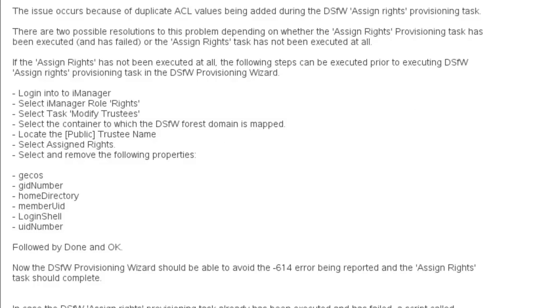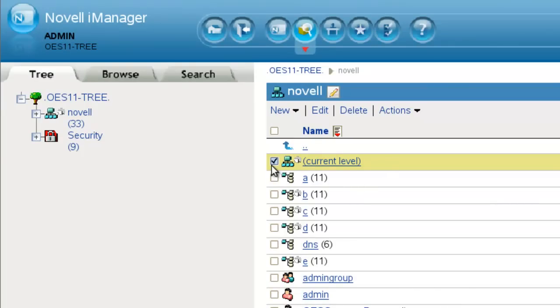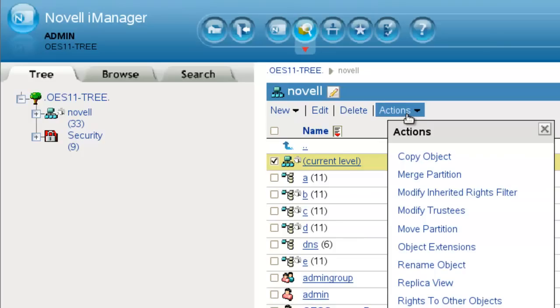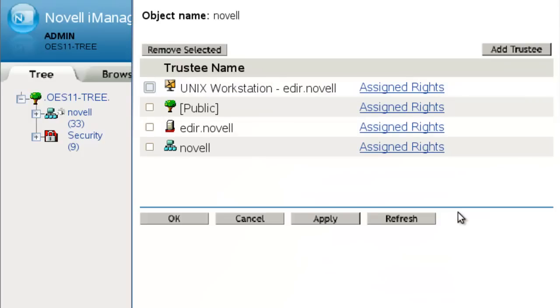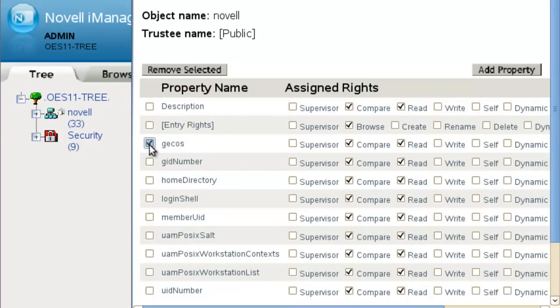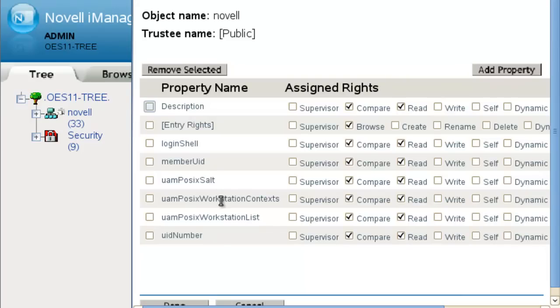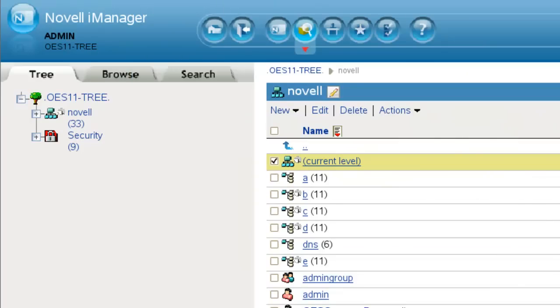You need to remove these from the public trustee. That means going to your container where you're mapping it to, going to modify trustees, selecting public, clicking assigned rights, and finding gecos, GID number. We need that one. I think home directory, and we just look at this list. We'll just remove these. You just select and remove those, and then go through the entire list of